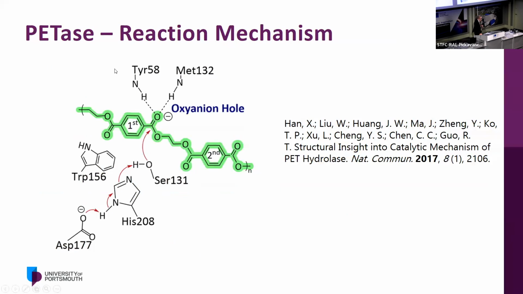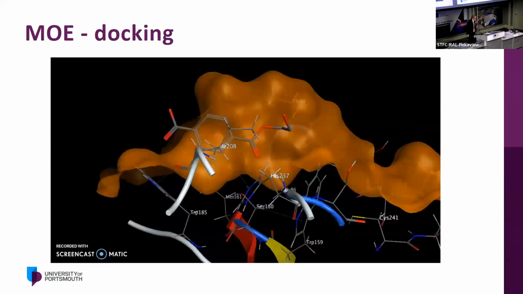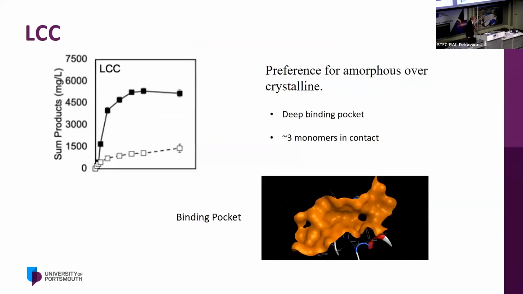One thing just to point out before I show some structures is that in the breakdown of the PET, one of the first things that needs to happen is that the carbonyl group within the polymer needs to be close to the serine, which is part of the catalytic triad within the enzyme, in order to start the process of the breakdown. So we use a docking approach. I actually skipped ahead, I was looking at the time, but let's first of all look at a well-known